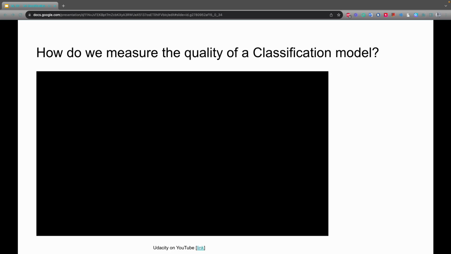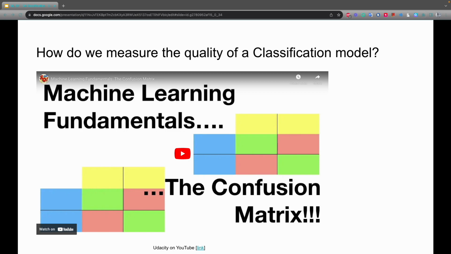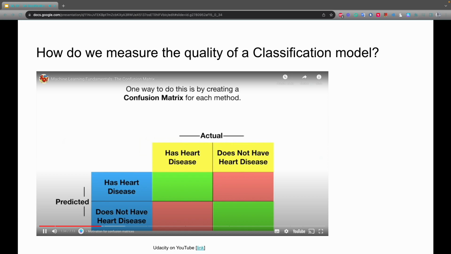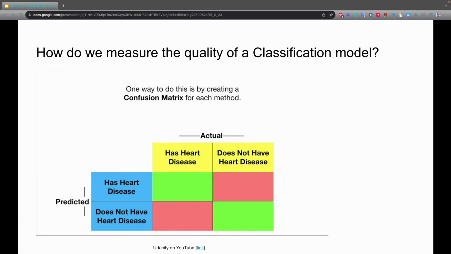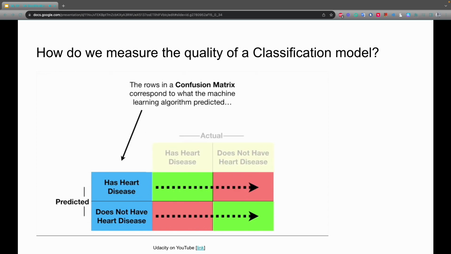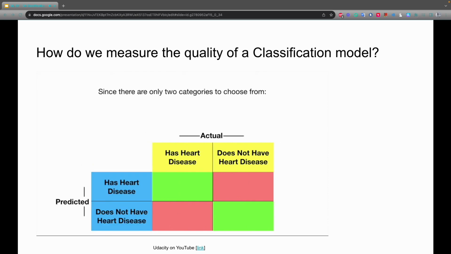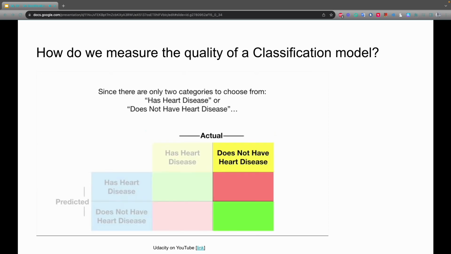In the case of linear regression models, we use root mean square error to measure the quality. However, in classification problems, the quality metrics are very different. One way to do this is by creating a confusion matrix for each method. The rows in a confusion matrix correspond to what the machine learning algorithm predicted, and the columns correspond to the known truth. Since there are only 2 categories to choose from, heart disease or does not have heart disease,